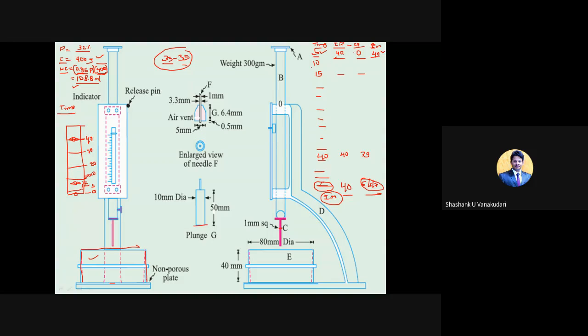So like that, for every 5 minutes time interval, you go on taking the readings. For 10 minutes, what will be the reading? 15 minutes, what will be the reading? Like that, at one time period, you will get results like 5, 6, 7, so that the penetration value will be 33 to 35 mm. At that time you need to stop the procedure and do the final calculation, that is the initial setting time. So at what time you will get the results? That time is your initial setting time. Yeah, the procedure is clear. Everyone understood?